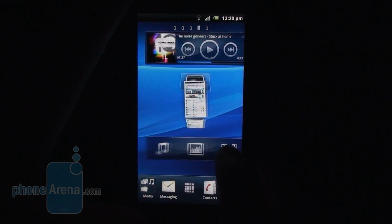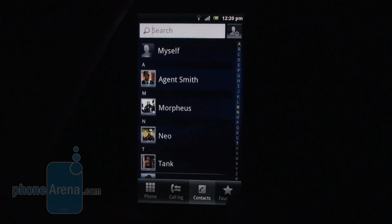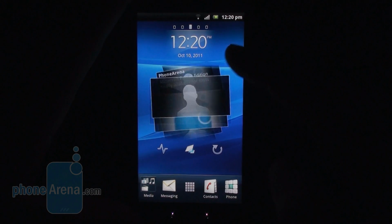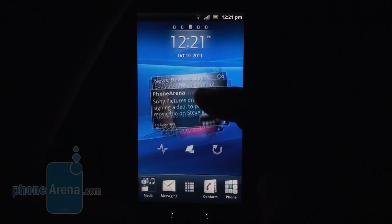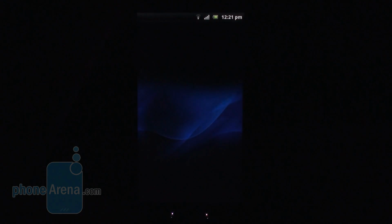This is the new Timescape UI of Sony Ericsson, which replaced the previous Android overlay, which basically had both a Timescape and a Mediascape version, but the Mediascape, the card-based system about your multimedia, is now shrunk down to this small widget here at the bottom dock. But the Timescape component has stayed, which is a card-based notification system about your social networking updates, emails, messages, and so on and so forth, which you can flip up and down like that from the home screen widget or directly